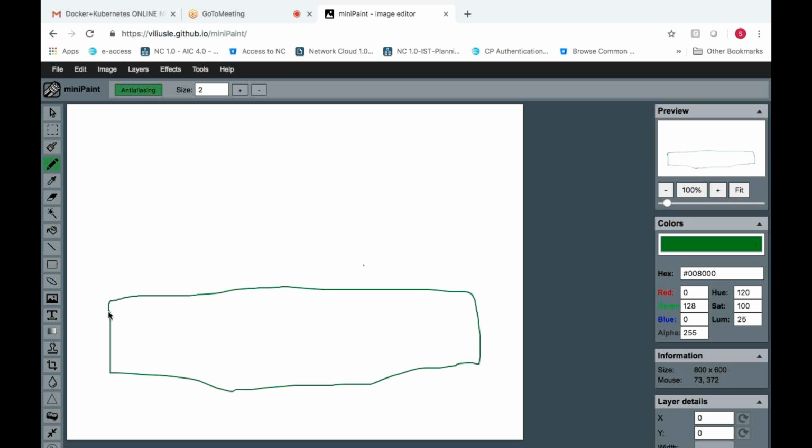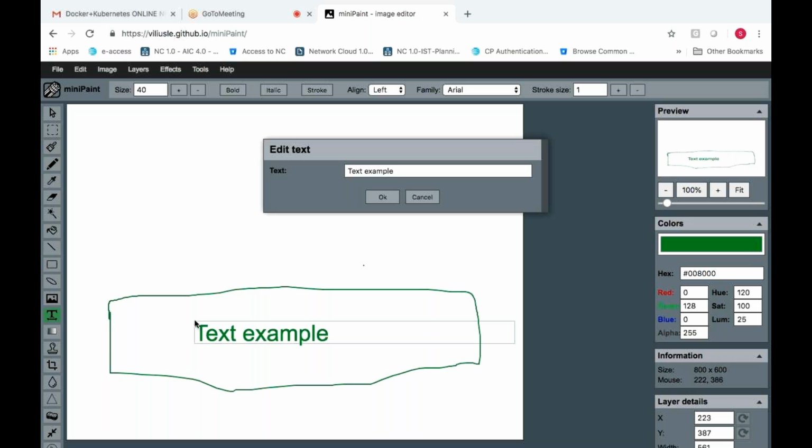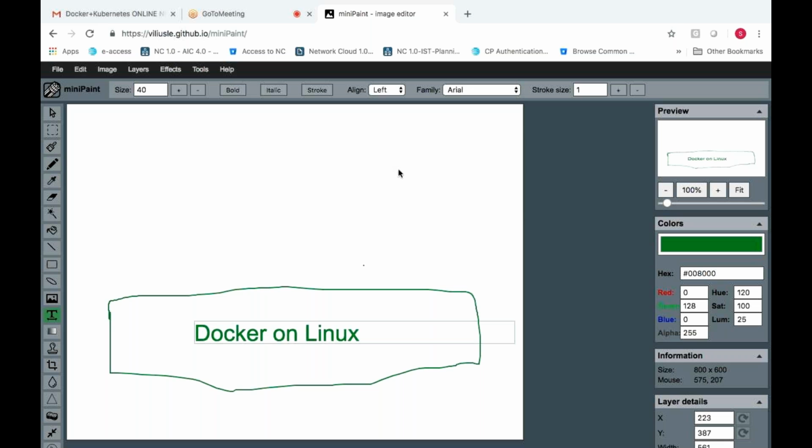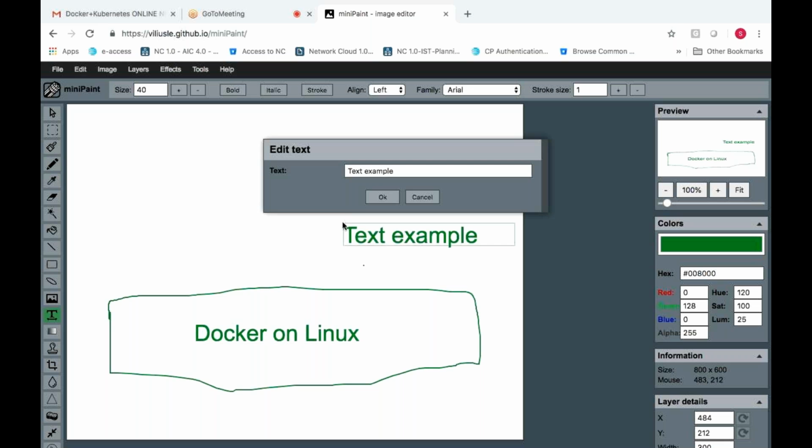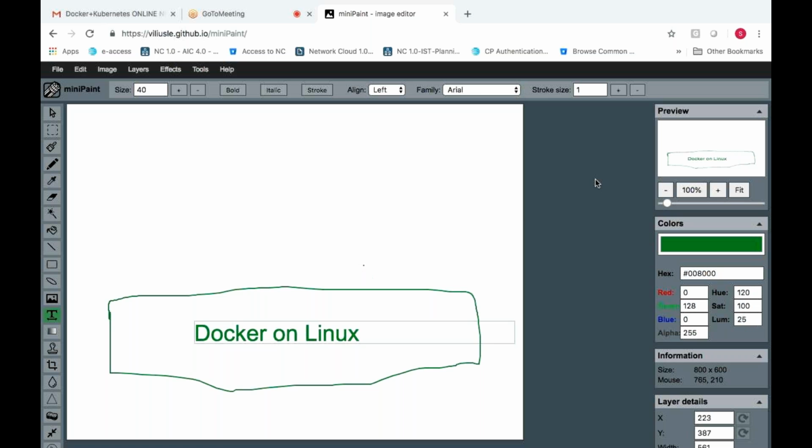So here you have installed Docker. So this is my machine where I have installed Docker.